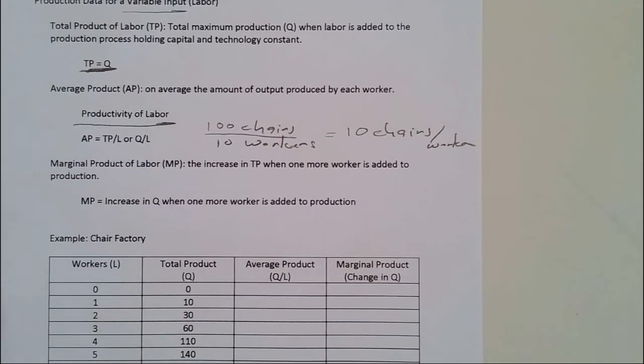And that way we can quickly see what our workforce is doing, and if we have different production facilities, say in different parts of the country, and this one is showing production of 10 chairs per worker, but the one over, say, in North Carolina is showing 15 chairs per worker, well, we might want to find out why their productivity is higher than the factory out here on the West Coast.